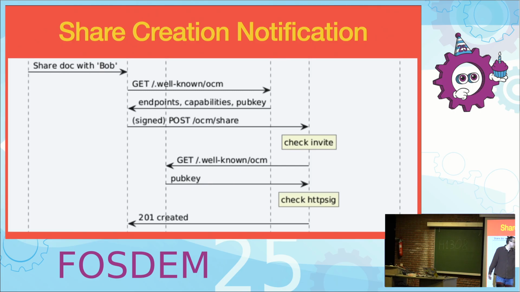After that, this server will do a lookup to get the public key with which to check the signature. And then if those checks pass, the share is created, meaning that the receiving server says, yeah, thank you for sharing this resource, and I will notify my user.